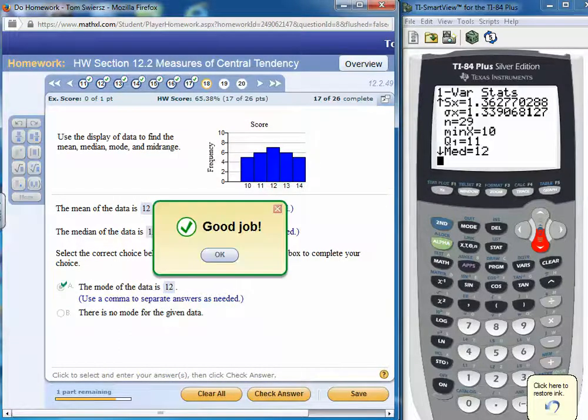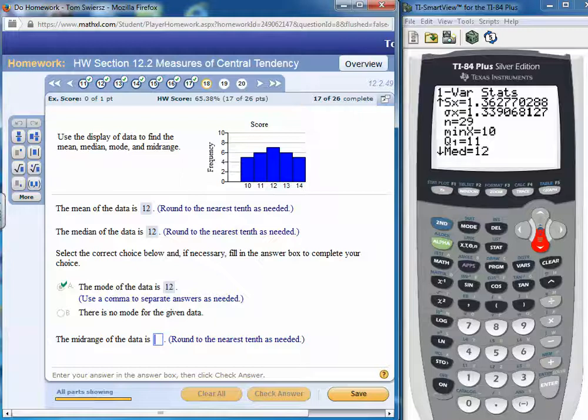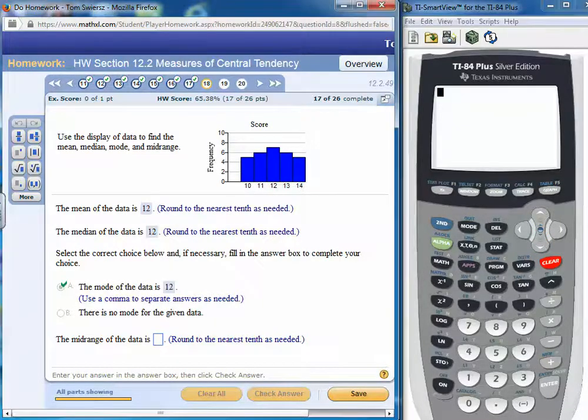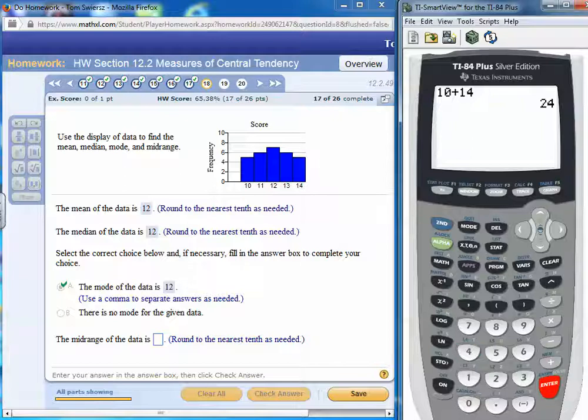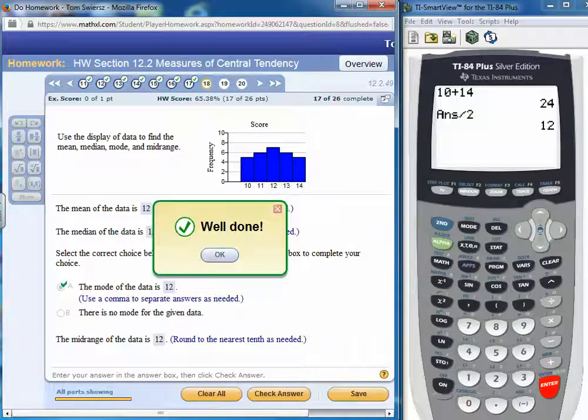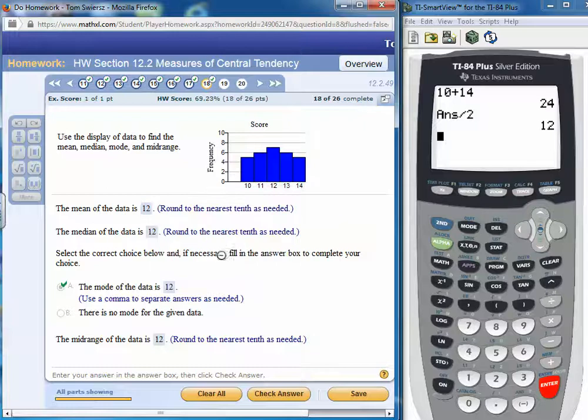Okay. And then the mid-range is actually the lowest value. Remember, not according to the frequencies, just the lowest value, which is along the horizontal, 10, plus the highest value along the horizontal, which is 14, add them up, divide by 2, and get 12. Okay, so in this problem, the mean, median, mode, and mid-range are all 12, and that usually does not happen,